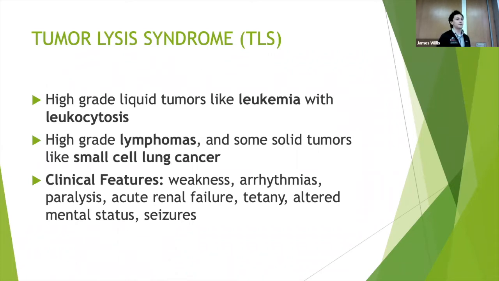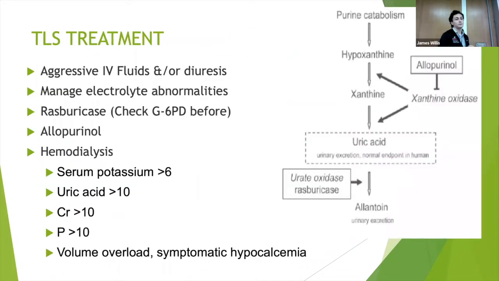So just keep in mind that it's not just leukemias and lymphomas. And then you'll see all the characteristic features that you'll see with those electrolyte abnormalities: arrhythmias, paralysis, AKIs, tetany, AMS, and seizures. So the treatments, you have a few options, but essentially aggressive IV fluids and/or diuresis at the same time is most indicated, and also managing those electrolyte abnormalities that we all know in the ER, specifically with